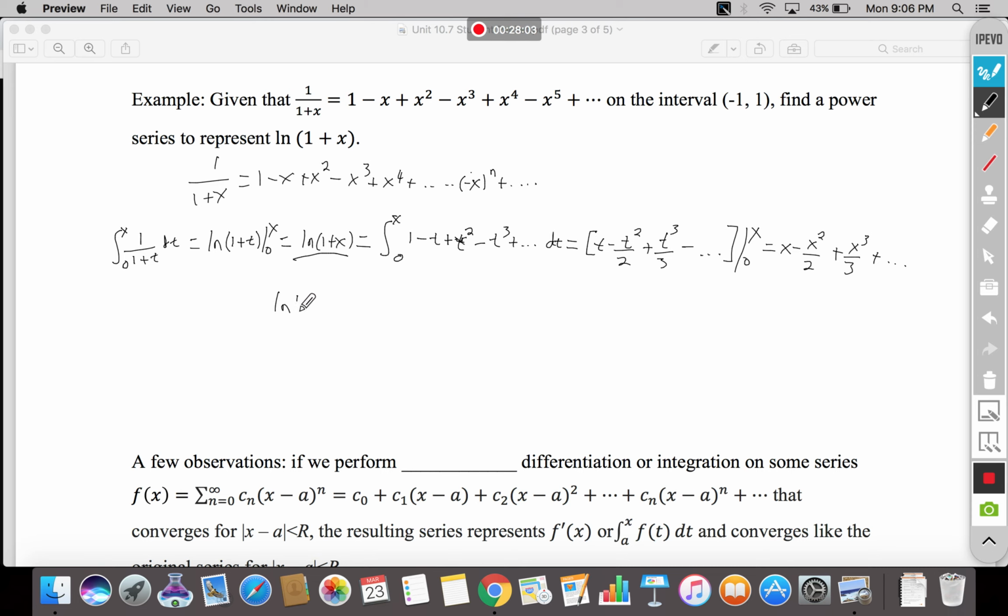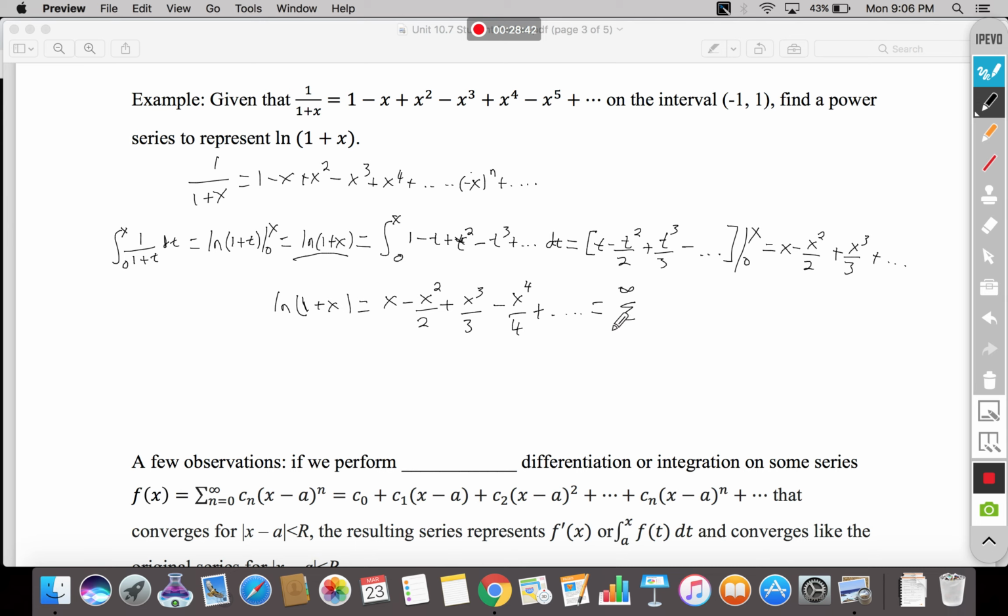I now know the natural log of 1 plus x equals x minus x squared over 2 plus x cubed over 3 minus x to the 4th over 4. If I continue, it's going to keep alternating. Plus, and so on and so forth, which we could then write out as some series